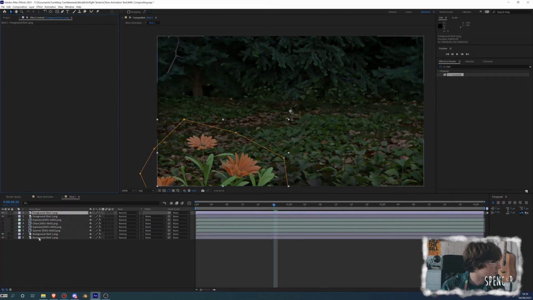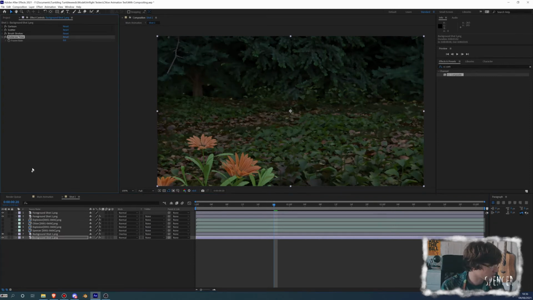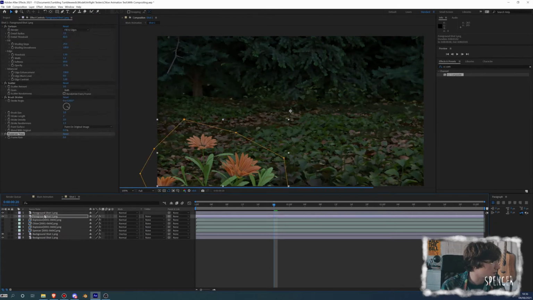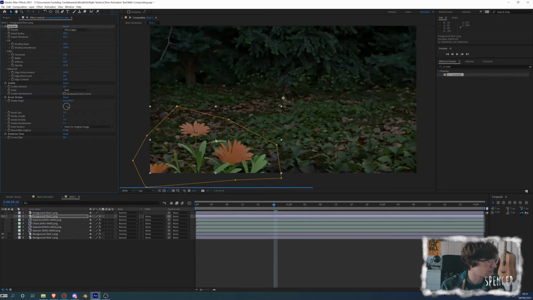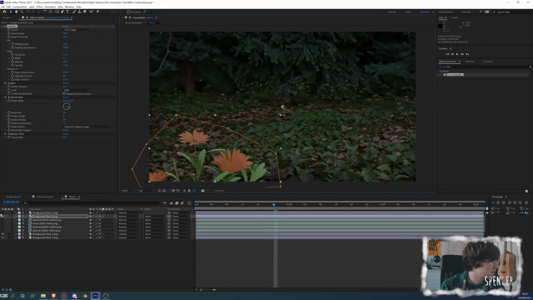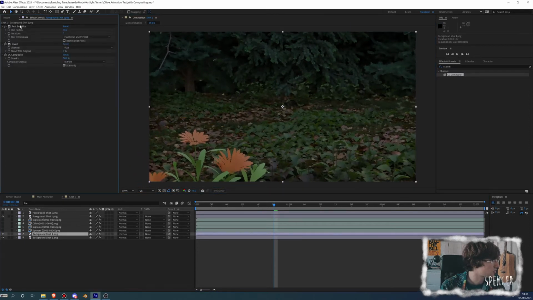Oh, I also forgot to add in the posterized time, so let's get that on there. And I think I might render this a little bit heavier. Like maybe I'll take the detail radius and crank it up a little bit. It can be different for foreground elements, or it can be the same. Doesn't matter. And then I'll take this foreground shot and I will just do the same thing that I did